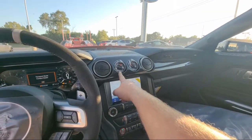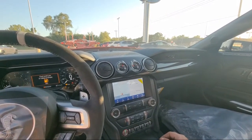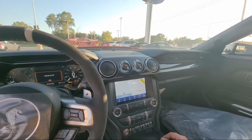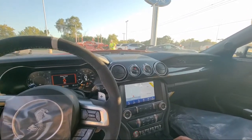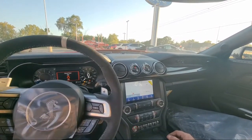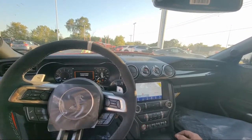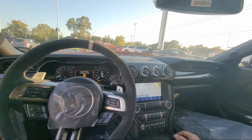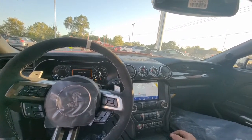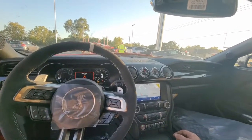Oil pressure right here at idle, just shy of or right at 100 psi. Let it warm up a little bit. So a lot of people ask why you'd run a racing filter. A lot of these vehicles have to have a lot of oil pressure because of the design of the motor, so they run the racing can filters because they're thicker, more durable. The end plate is a lot heavier. So that's where